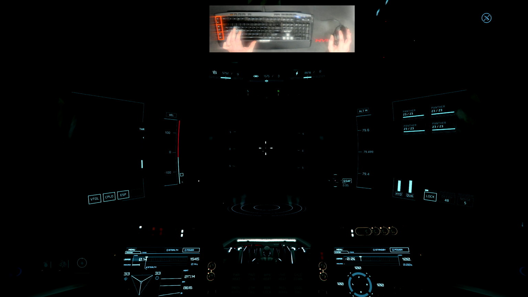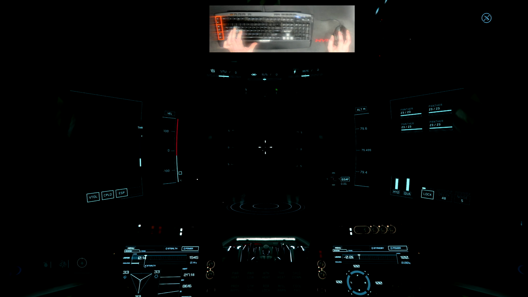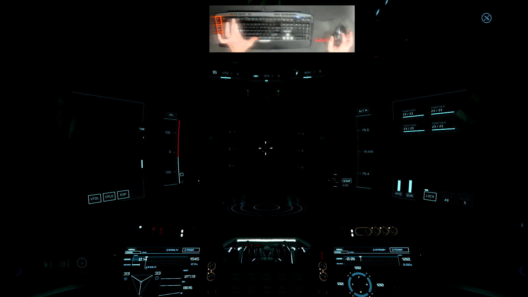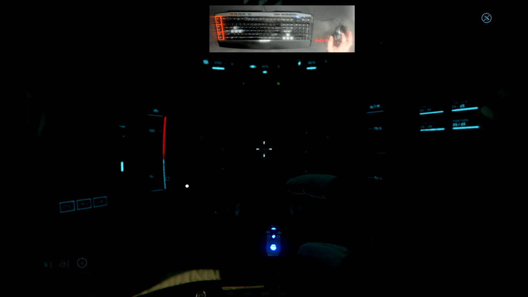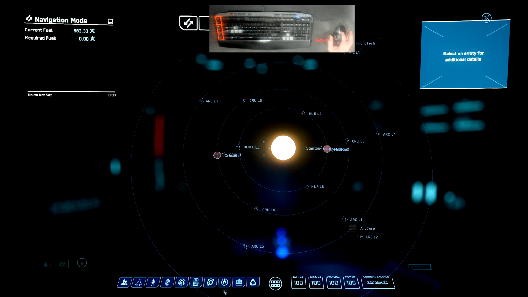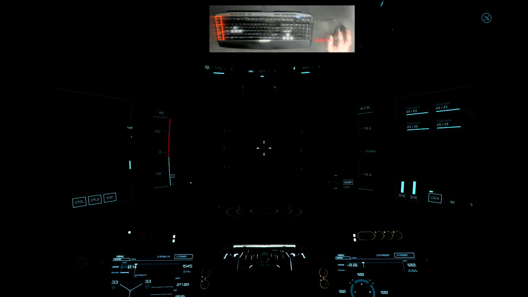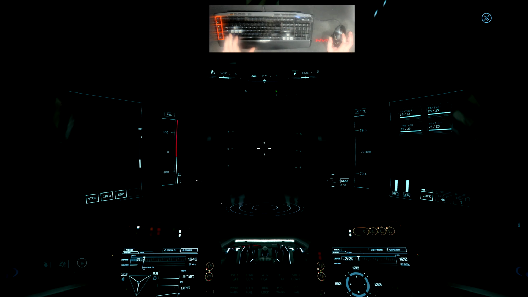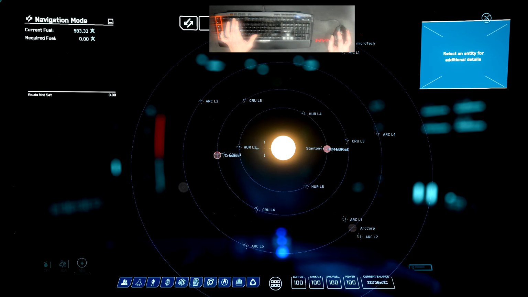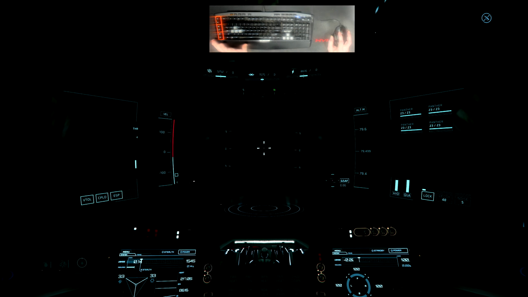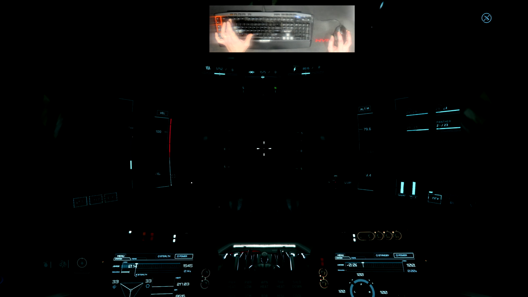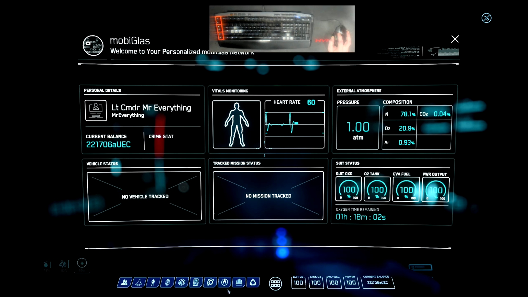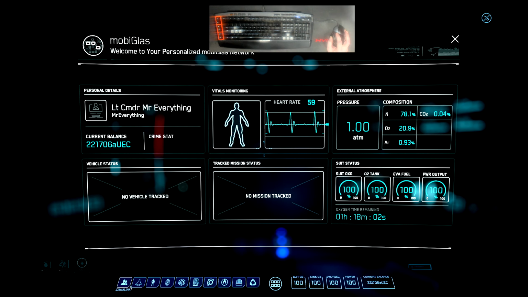Okay, so the best way to pull up the map is by pressing F2, Foxtrot 2 on your keyboard. That'll pull up a map in your mobiGlas. Now let's go ahead and close our mobiGlas. I just pressed F1. You can press either F2 to bring it up and F2 to close it, however you want to do it. But if you press F1 to bring up your mobiGlas, you can, down here in the